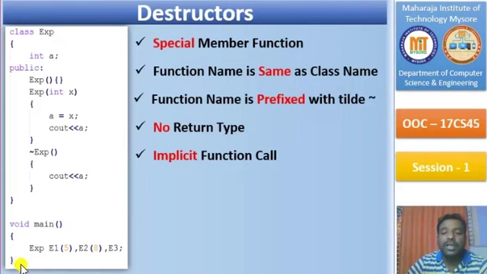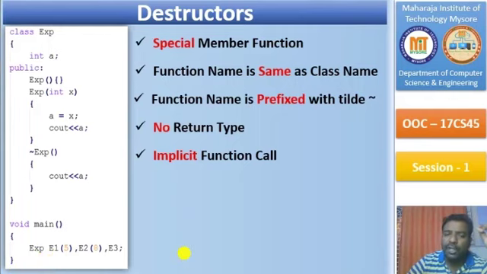Now, when is the object destroyed? At what point of time will the object be destroyed? There are two points where the object will be destroyed. First, whenever the object goes out of scope, either when I am ending the execution with the end of the main function, or when I am coming out of any function call where the object was created. Whenever the object goes out of scope, we call this destroying the object.